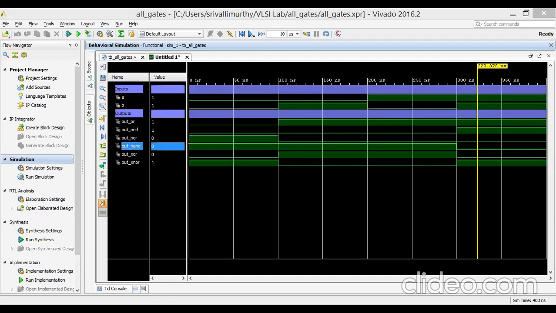Next, second step, we write a test bench using Verilog. In the test bench we generate inputs and apply them to the design, and we bring back the outputs and keep them in the test bench. Some students may ask, sir, why did you write outputs in the test bench program also? Because if you write outputs, only then can we get the waveforms. The test bench is what we are simulating. That's why it is very, very important in the program.